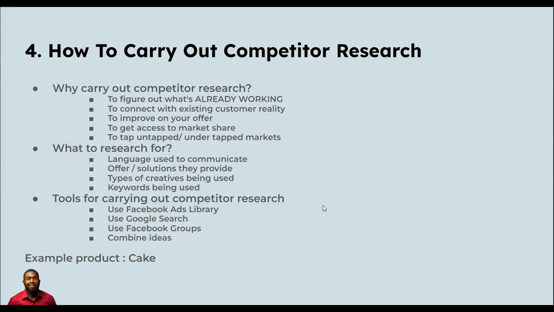Today, we're going to talk about how to carry out competitor research. We're going to discuss three things under carrying out competitor research, and we have an example product we're going to use. So let's look at why you even want to carry out competitor research. There are a couple of reasons. The first and one of the most important reasons why you want to carry out